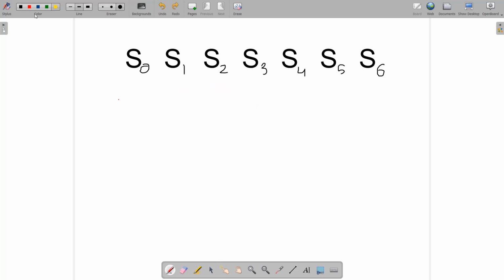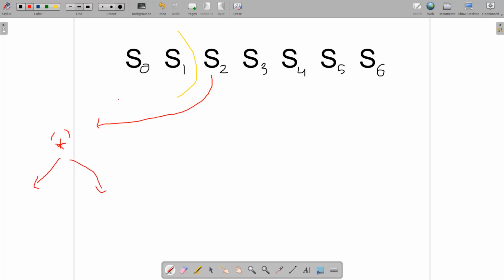Now let me make a partition. This is the partition. Now we need to talk about this one. Note that I'm trying to fill up to this state, and we need to talk about all the possible characters present over here. Let's talk about the previous one, S2. If S2 is going to be a star, we are going to talk about this S3. Now there are also many possible cases.